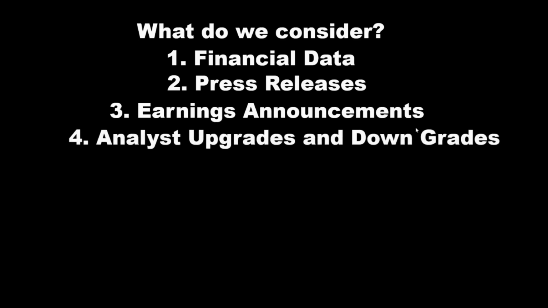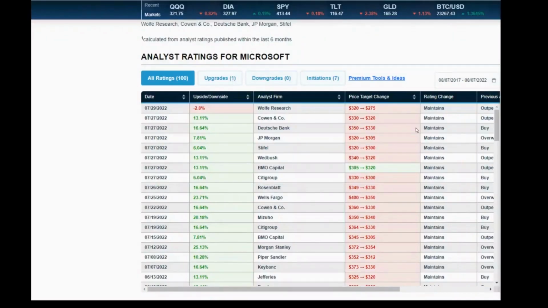Next, we want to consider what analysts have to say, and we want to look at their upgrades and their downgrades overall. So here's the analyst rating for Microsoft currently. Most of them have maintained their ratings. There hasn't been anything that changed, but most people put a buy signal on it, right? There's no downgrades really as of recently. They're just maintaining their current targets. But analysts upgrading or downgrading their opinion of a stock can have a huge effect on the price action. So pay attention to that.